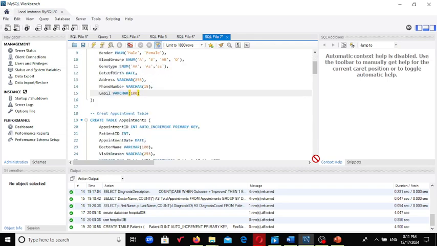So then the next table is the appointment table. When you have a patient, after taking their biodata, you now schedule an appointment with them to see the doctor. So inside the appointment table, we have